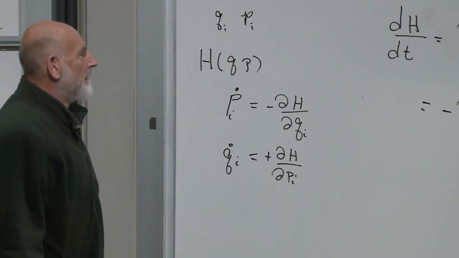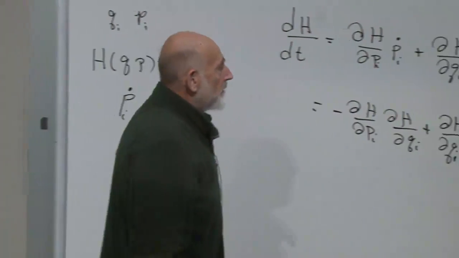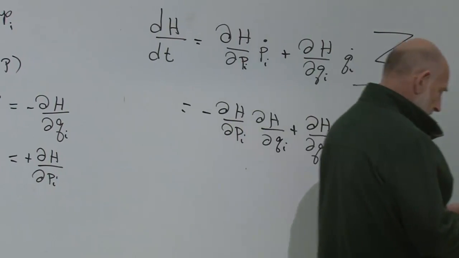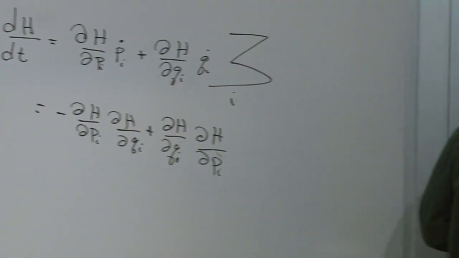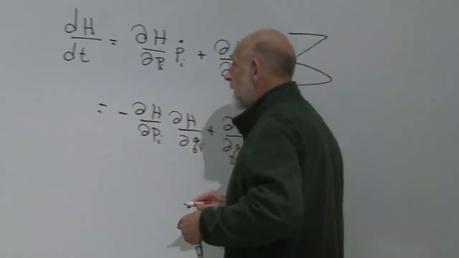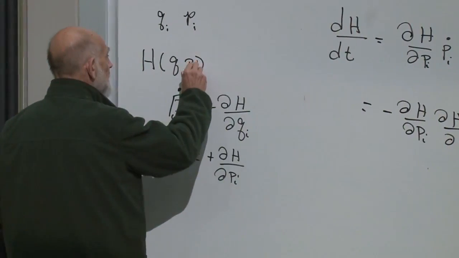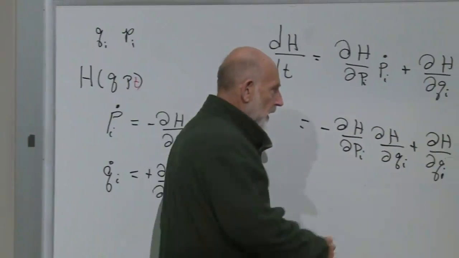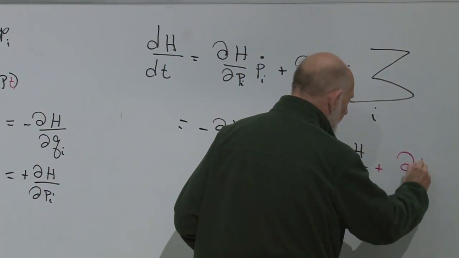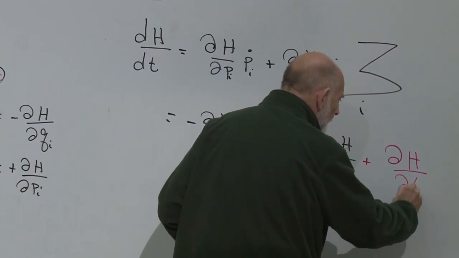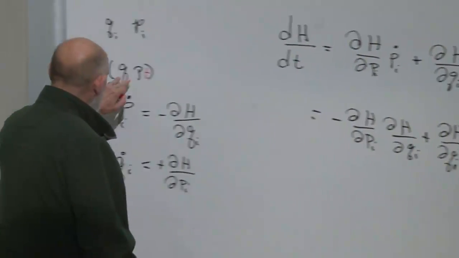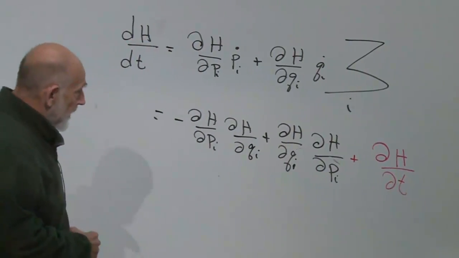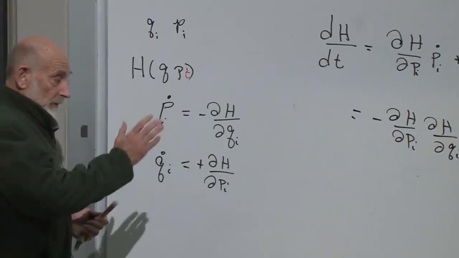Would the H have a dependence on time also? That's a good question. If it does, then there would be another term. Okay, so let's not include it in the same color, but let's just include it as an additional possibility that H might depend explicitly on time. Because some parameters of the problem are changing with time, then there would be another term here, dH by dt. And this means the change in the Hamiltonian, keeping P and Q fixed, but the change with respect to time because some parameters in the problem might change with time. Okay, so that's a good point.